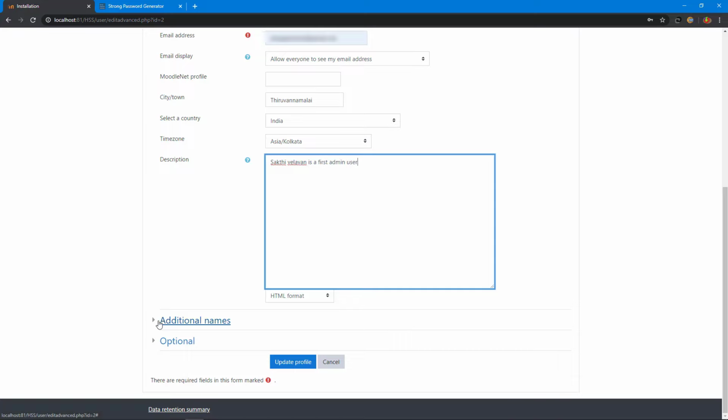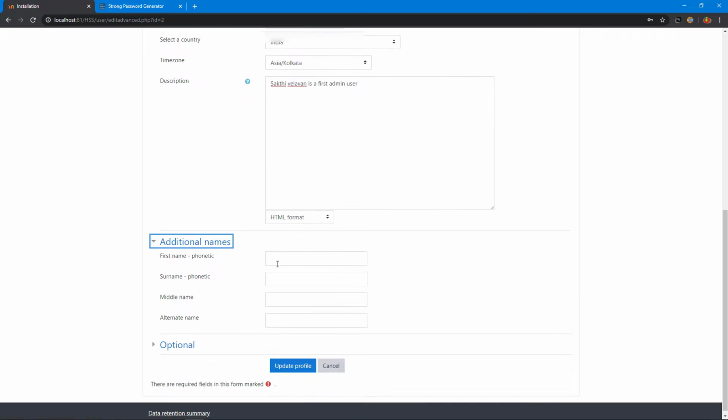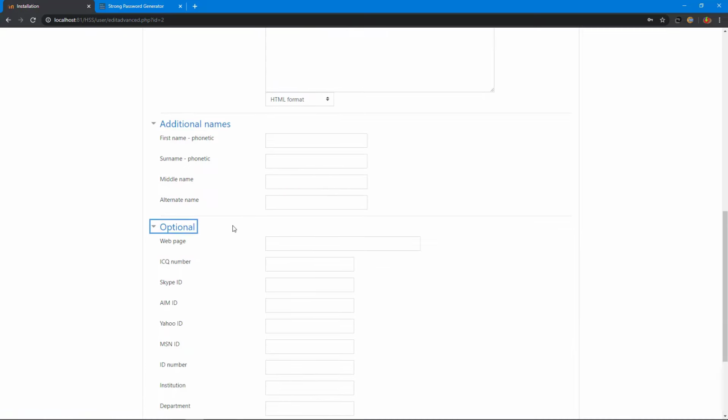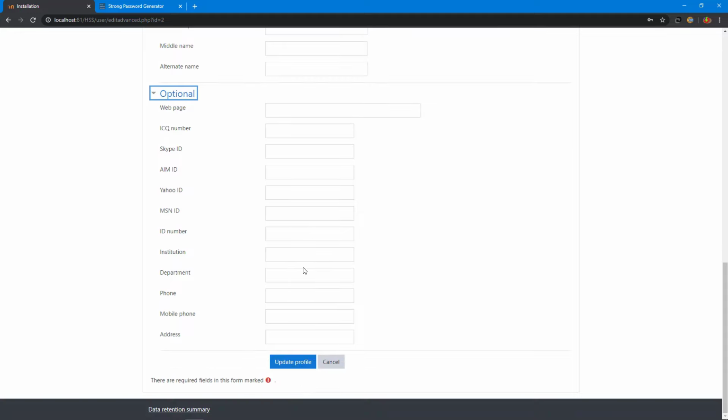Then you click additional names. You can set additional names here, and you can set all of the Yahoo, MSN ID here. I leave all those things and I click update profile.